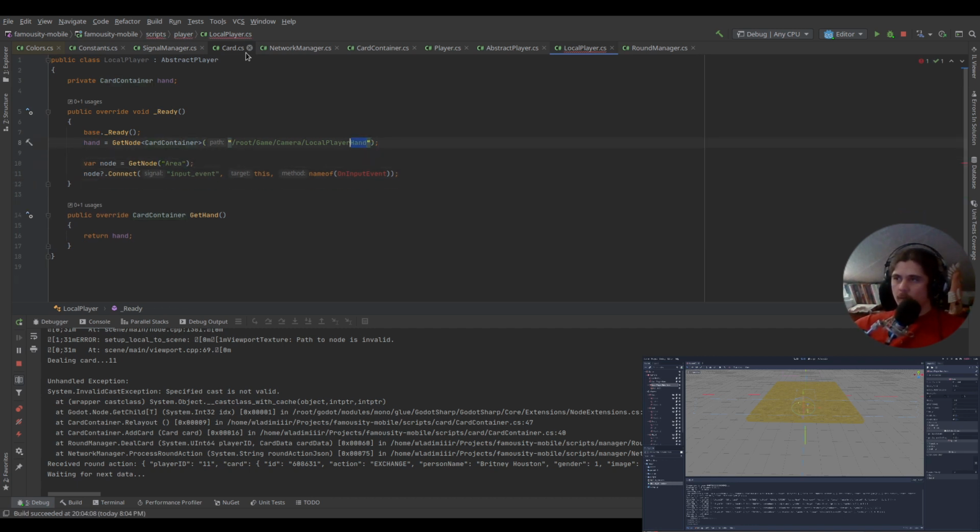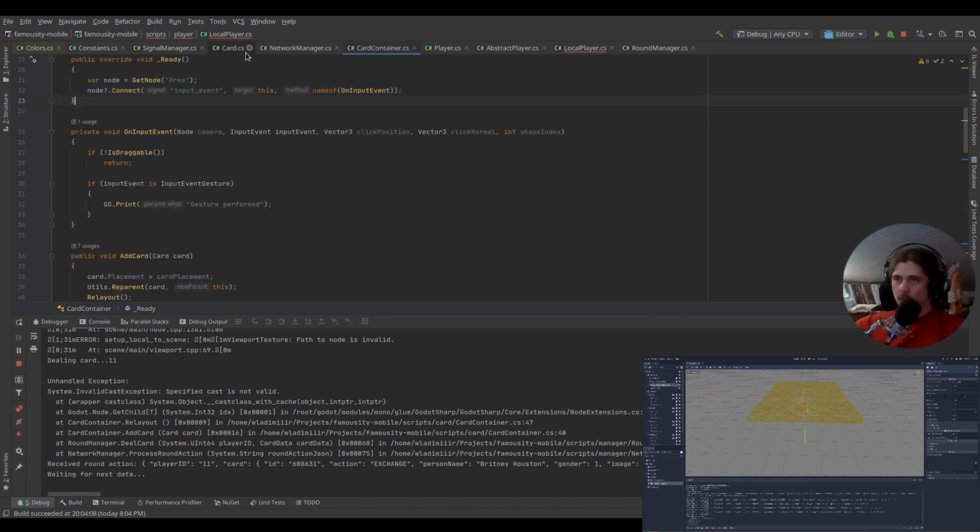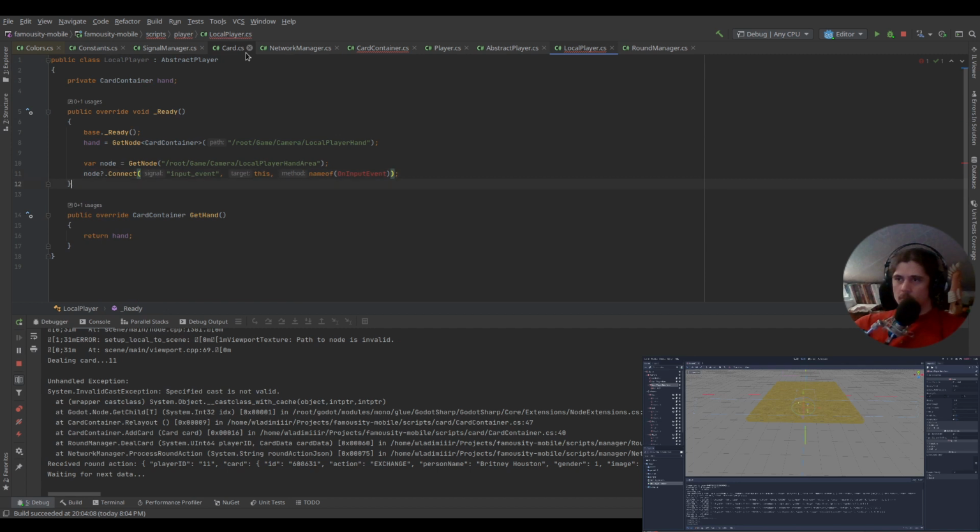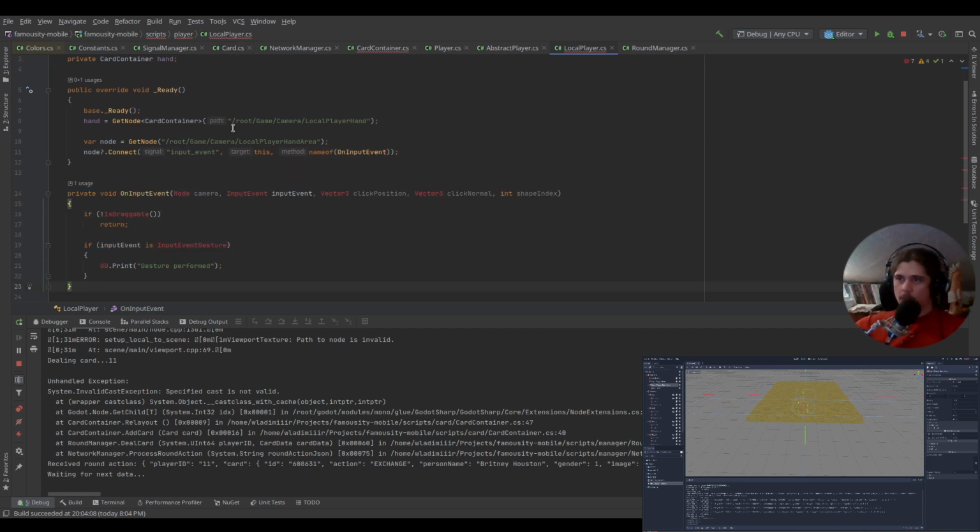Okay, so this will be on this path here. And local player and area. On input event will be this one. So we can move it here. And is draggable should be